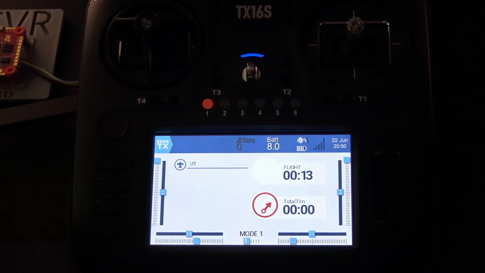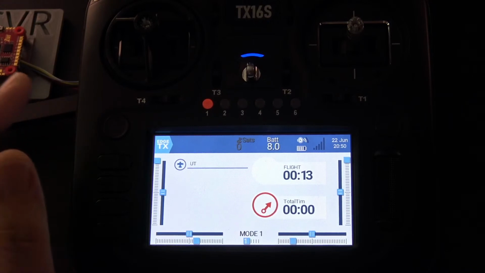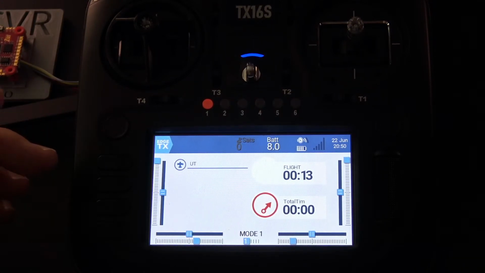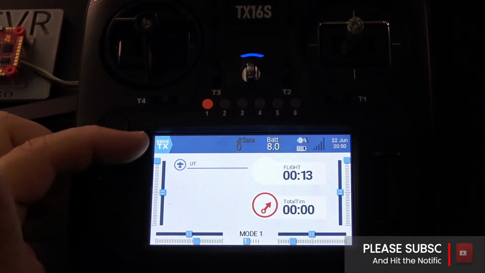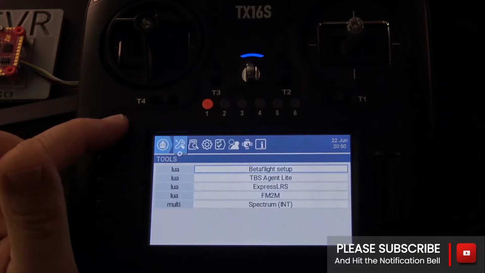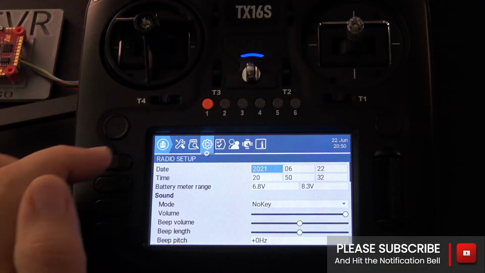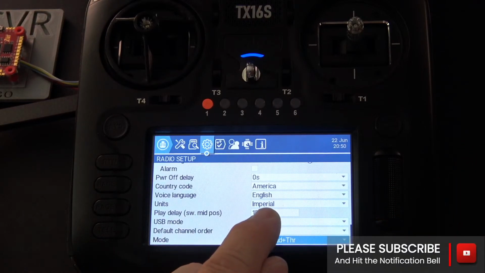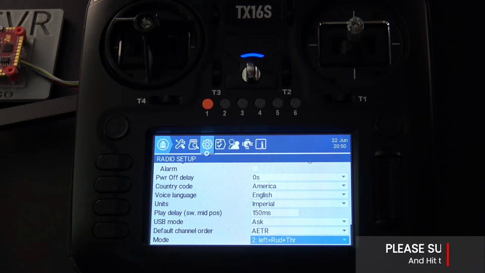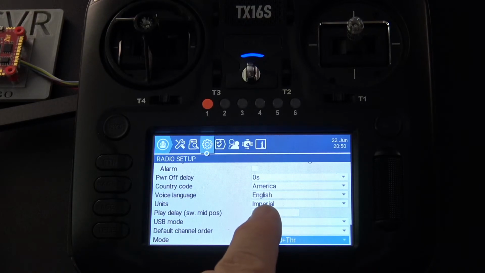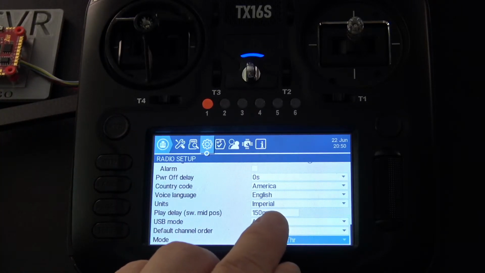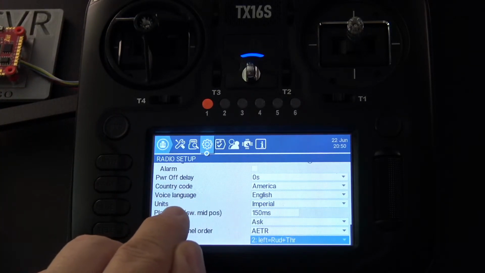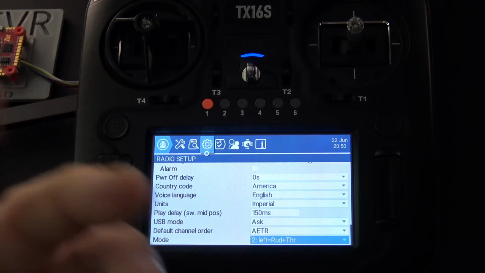So here's what I'll tell you. I've asked for a couple of different things. One of them was telemetry sensors. If you've ever added telemetry sensors, you know that the unit of measure is dictated by the sensor, and it doesn't respect the system metric or imperial units that are specified in the system. So if you go under model setup and go down to the bottom and select imperial and then you add widgets, if the widget is configured for metric, it doesn't respect that field. So I've asked them to see if they could make some adjustments so that units of measure refer to the system-wide unit of measure selected by the user. So I've asked for that.